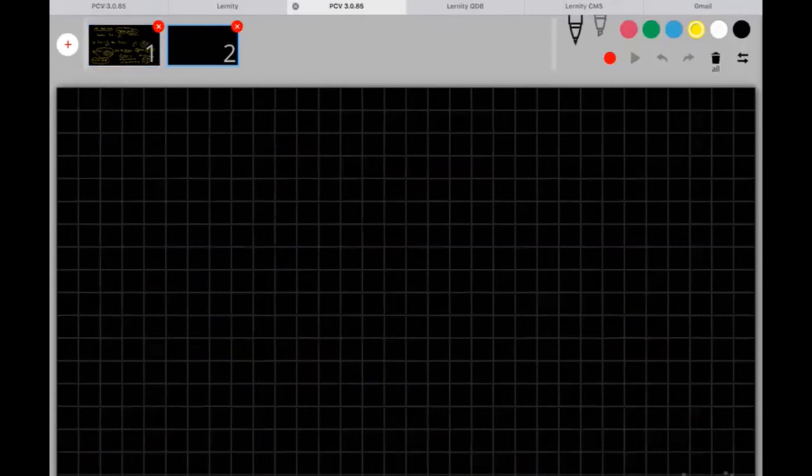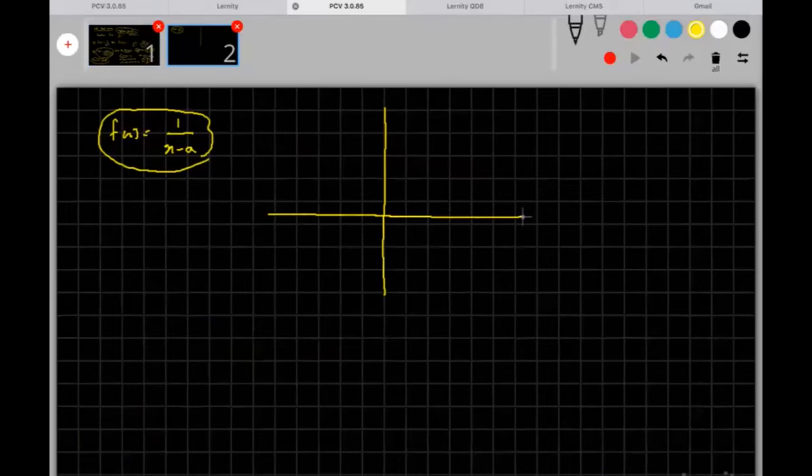Then in the last class, I was also trying to explain to you, suppose f of x is equal to 1 by some function x minus a, how to draw a graph for this. Now this particular function will not exist at x is equal to a. So at x is equal to a, this function doesn't exist. But I know if x is little more than a, f of x is at plus infinity. So it goes this way. Then I know if x is less than this, it is minus infinity. So it is negative, so it goes this way.